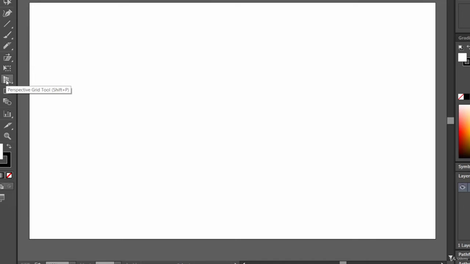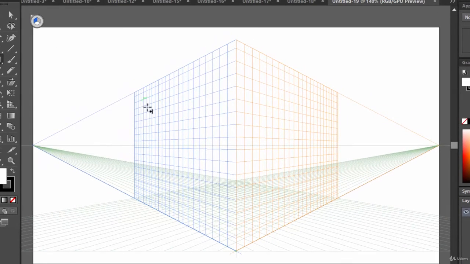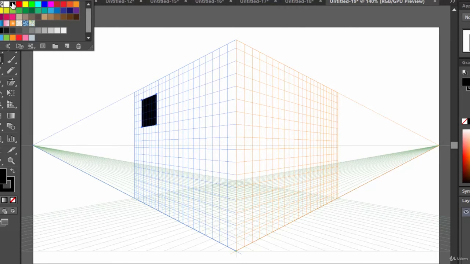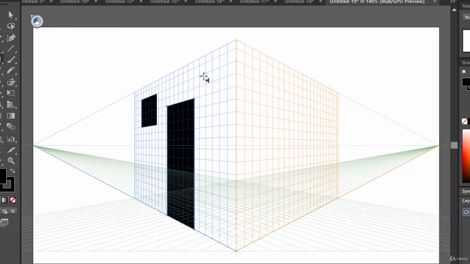Now let's select the perspective grid tool. Now let's draw something. Currently, which plane is selected? The left grid, right? So let's draw a window here. Let's make its fill color black. Let's draw a door here, and let's draw another window here, just like this. And now let's draw something here. For that we need to select the right grid.